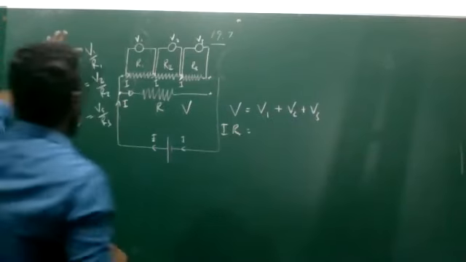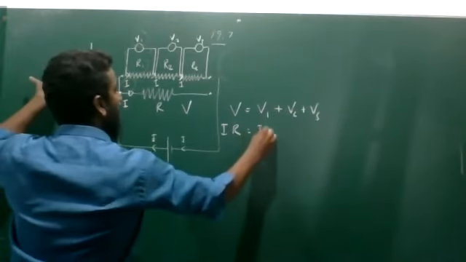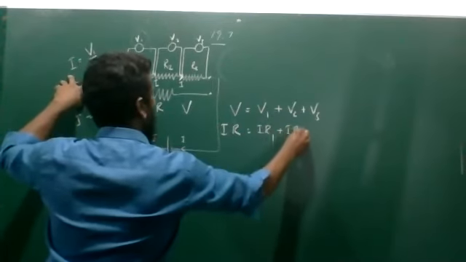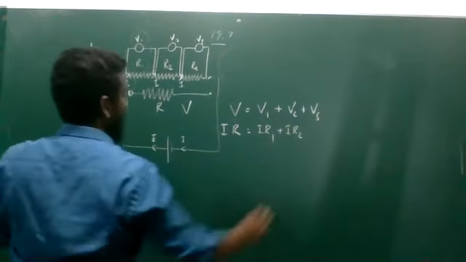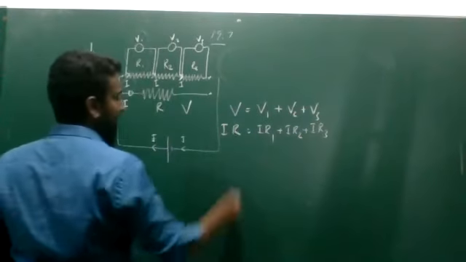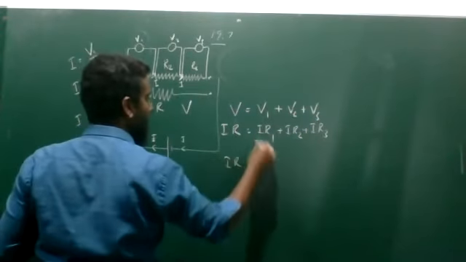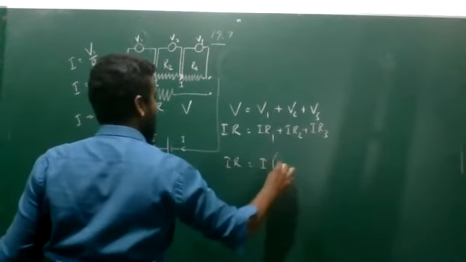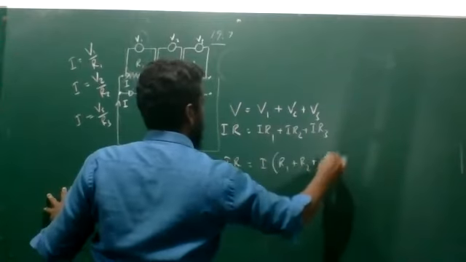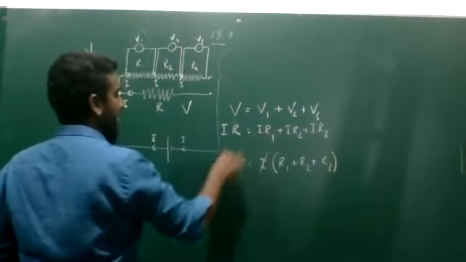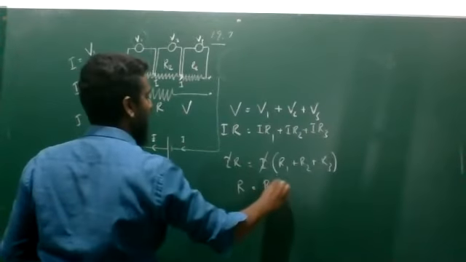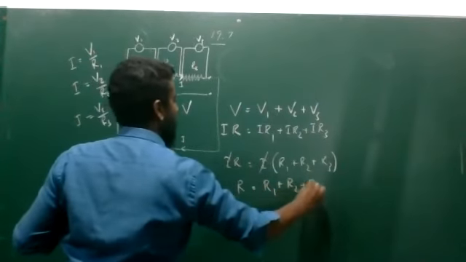This V1 can be written as I into R1. This V2 can be written I into R2. This V3 can be written I into R3. Therefore, IR is going to be equal to, if you take all the I's as a common factor, I times R1 plus R2 plus R3, right? Then I and I are going to cancel, right? Then R is going to be equal to R1 plus R2 plus R3,